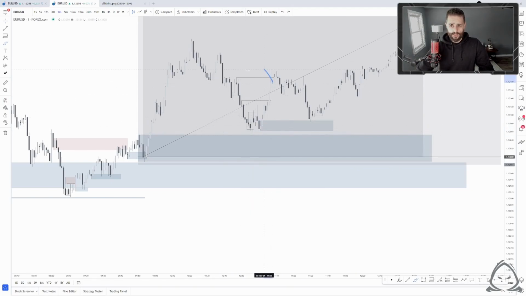We do build a POI that changes character and starts to break structure to the upside, because if we're just looking at price action here, we have this, or even something more like this, change of character to the downside. We have a POI that's starting to show bearish price action. We're starting to fill all of this void. Really the only key point of internal range liquidity that needs to be taken here, if demand chain and demand is going to stay in control, we just take out this level of internal range liquidity before we attack this